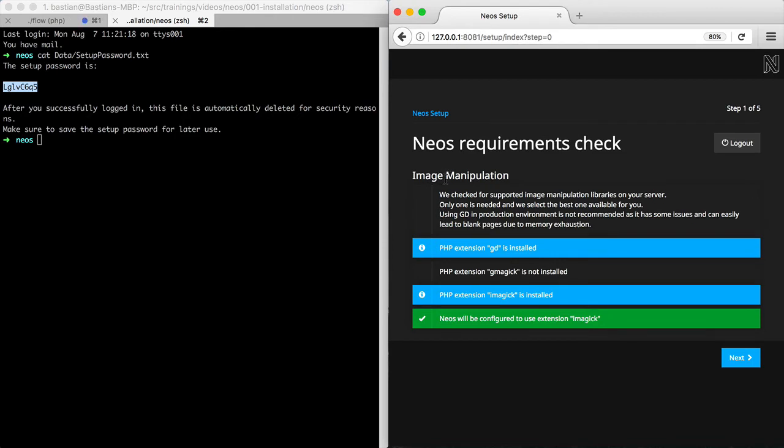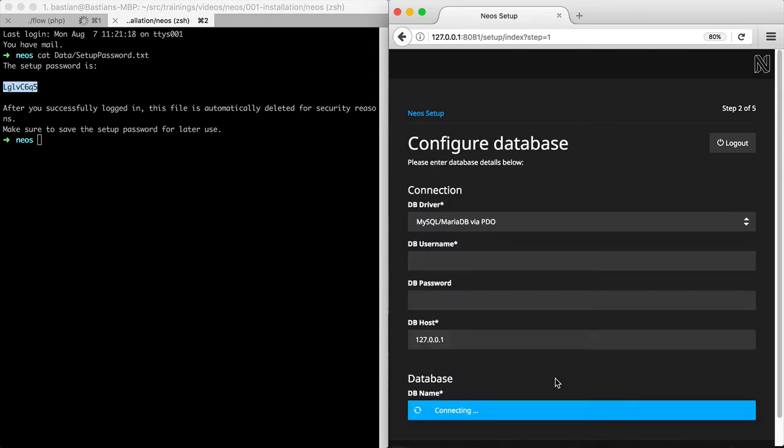I get to the requirements check. In my case, I have GD as well as Imagick installed. You need one of those in order to make the Neos Media extension work. I click Next to accept Neos' choice of Imagick as the image manipulation library here and get redirected to the